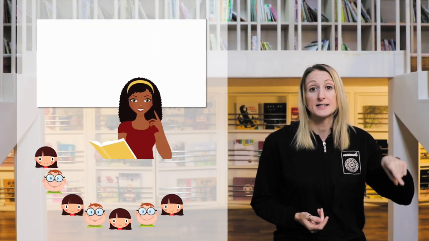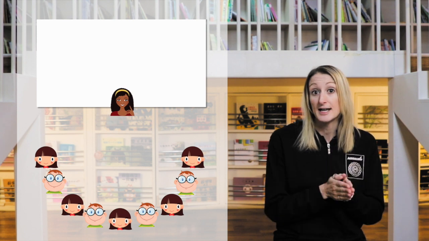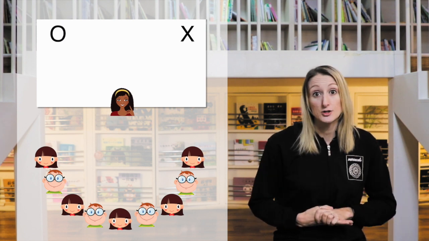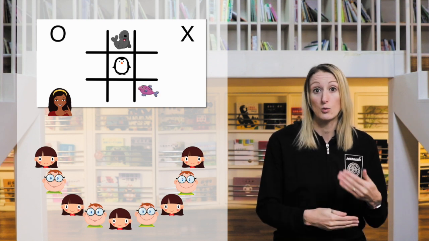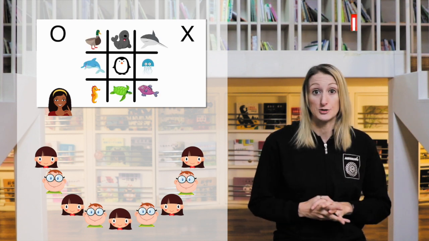Now this next twist on the classic game involves putting those flashcards on the grid itself. So to play, we're going to need 9 flashcards and a whiteboard marker. Once again, we're going to start by positioning the class in a semicircle with you, the teacher, in the middle. Draw a tic-tac-toe grid on the board behind you and then introduce the flashcards one by one, placing them on the grid as you do.